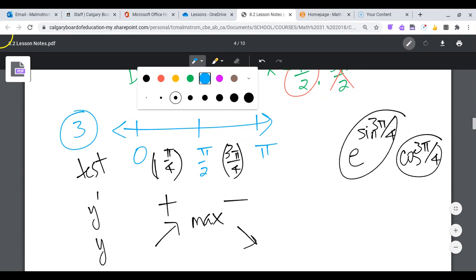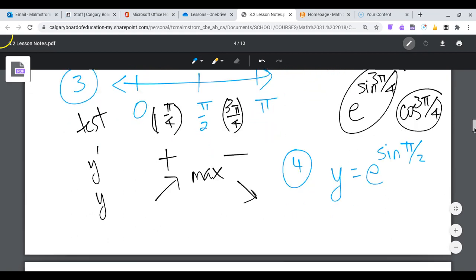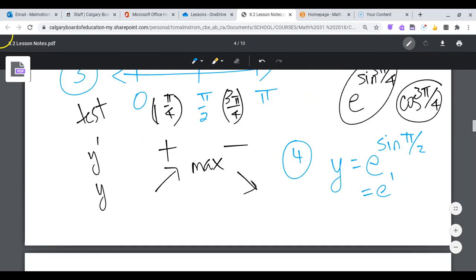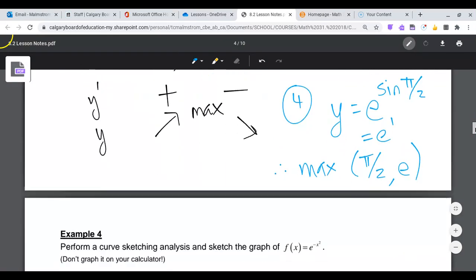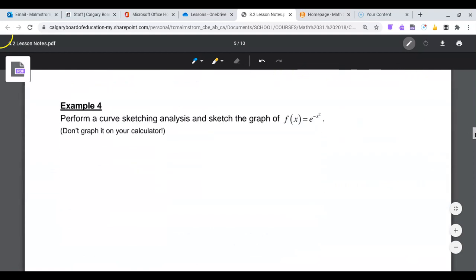And that max is happening back in the original function, e to the power of sine pi on 2. Sine pi on 2 is 1. And so we have our max at pi on 2 and e. Perfect! Just in time for the video to end, and we'll come back and try this one. You could give this a go and start it before you start the video number 2 and see how